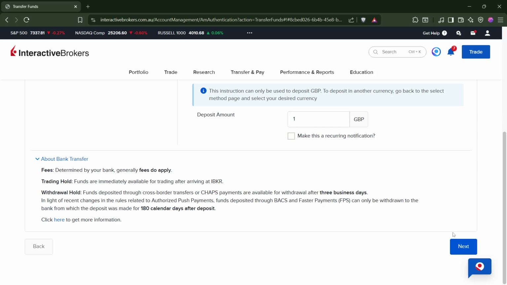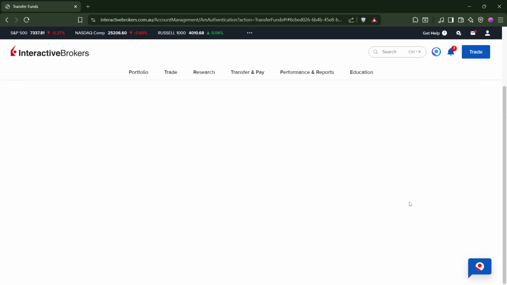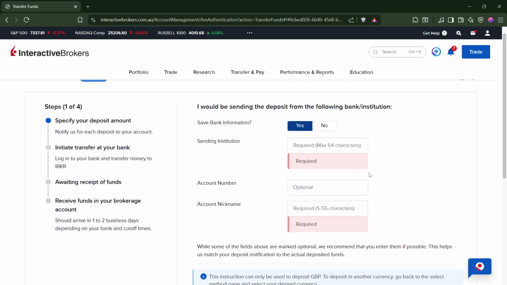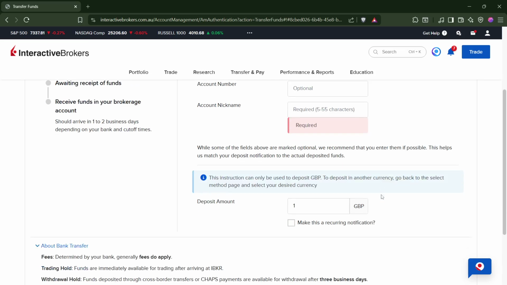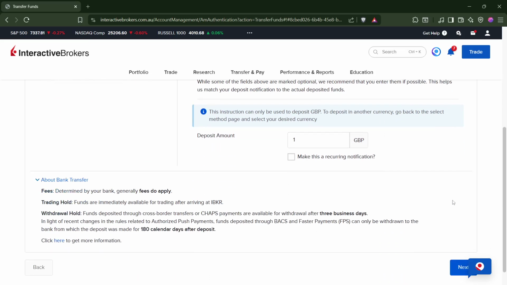Take a screenshot of this page or write down all the details. There should be a confirmation option to complete the notification in the client portal. Now go to your bank either online or in person and initiate the wire transfer. Give them the Interactive Brokers receiving bank details you just saved, including your account reference number. The name on your bank account must match the name on your Interactive Brokers account exactly, or the deposit will